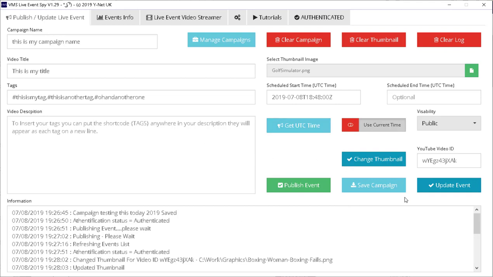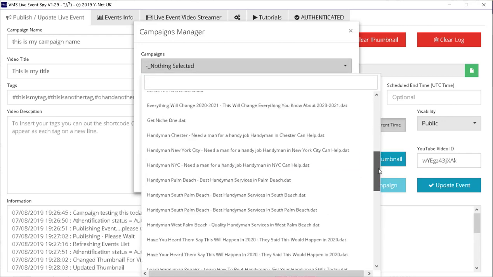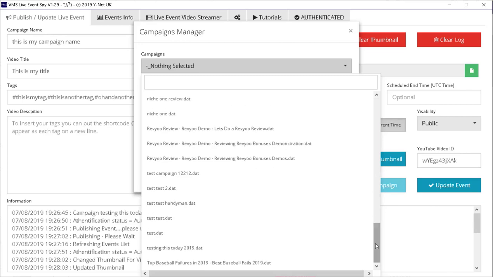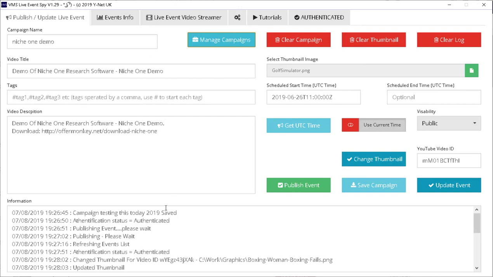Let's say you've got a past event and you wanted to update something on it. So what we've done is we've added a campaign manager. You click manage campaigns, then you click here and it will show you all the different past live events here. So you get a live event and you can click load, and that will load in the past data. So now we've got the past data loaded. You can click off there, and we could just change what we wanted to,